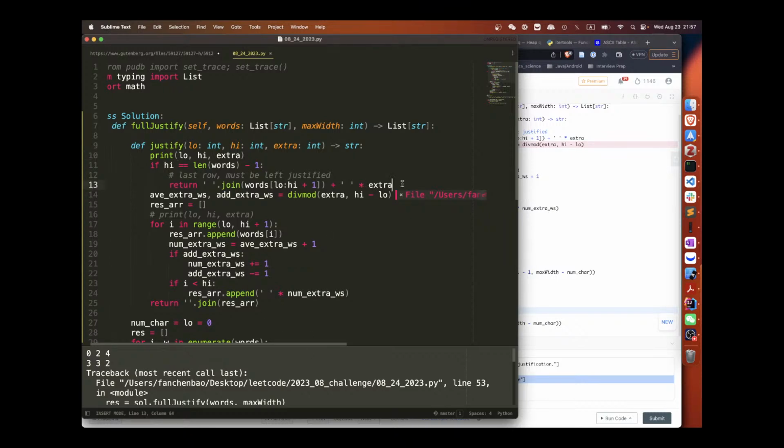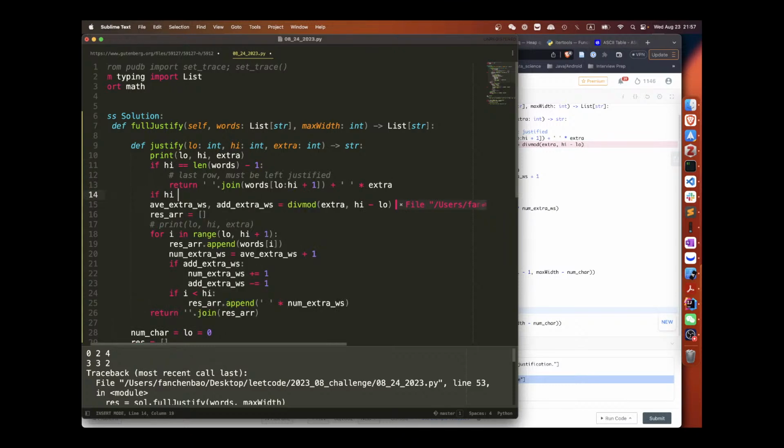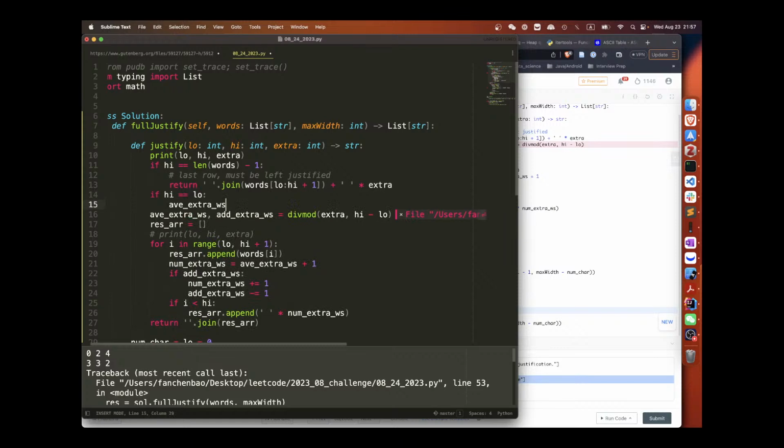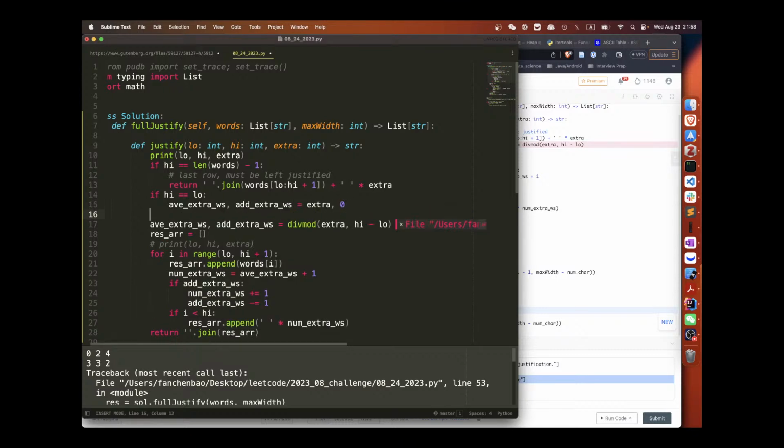Okay, so if high is equal to low, average extra white space shall equal to extra space, right? And additional extra space should be 0, so no additional.